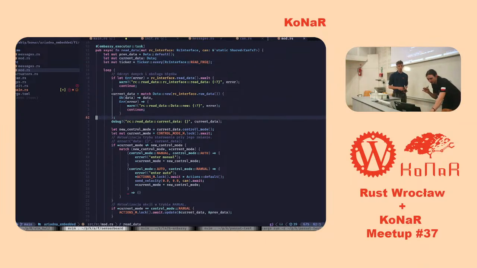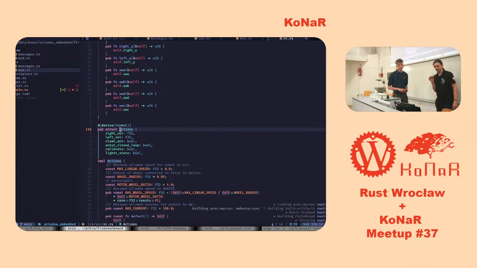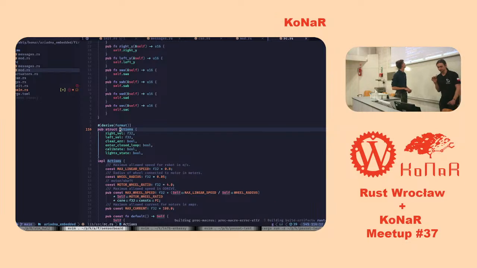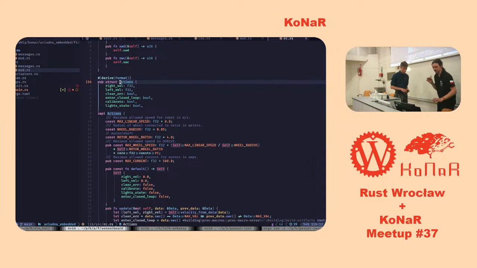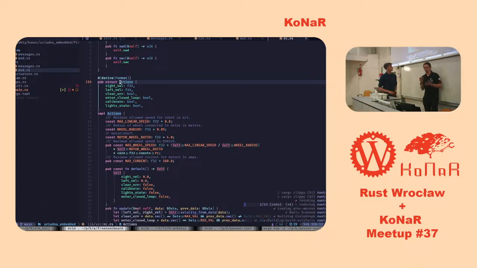For example, actions are defined in an external library, also written by us. The code doesn't use Embassy, so it can be written in a separate module